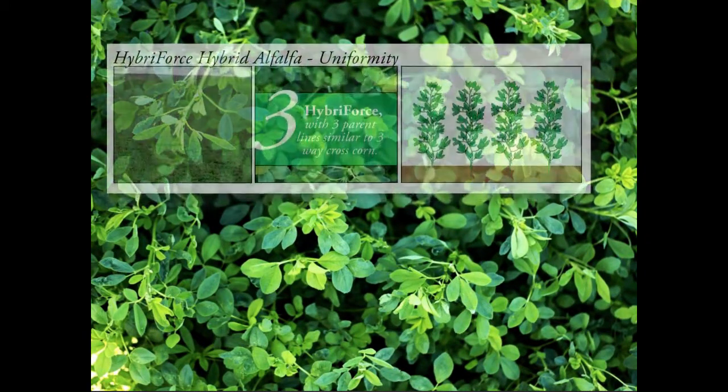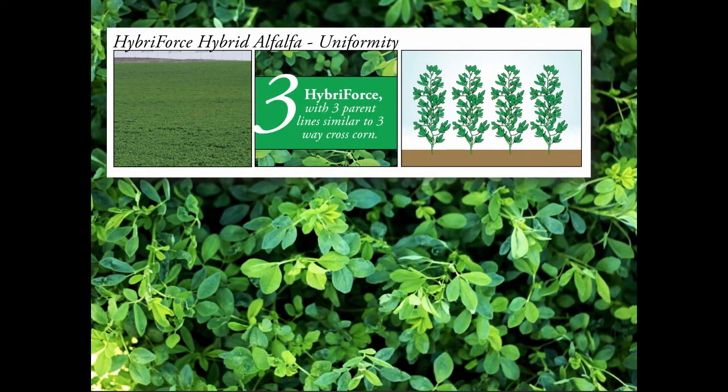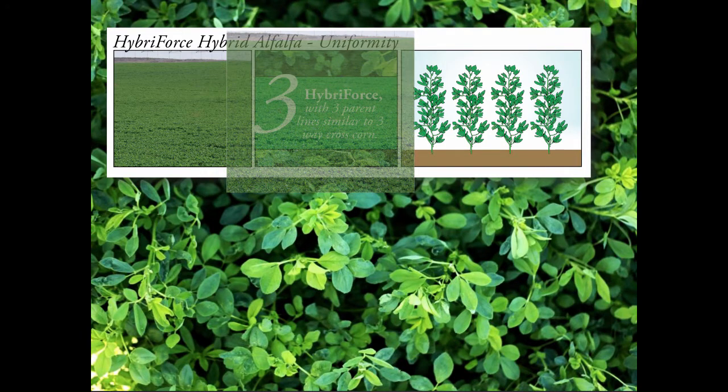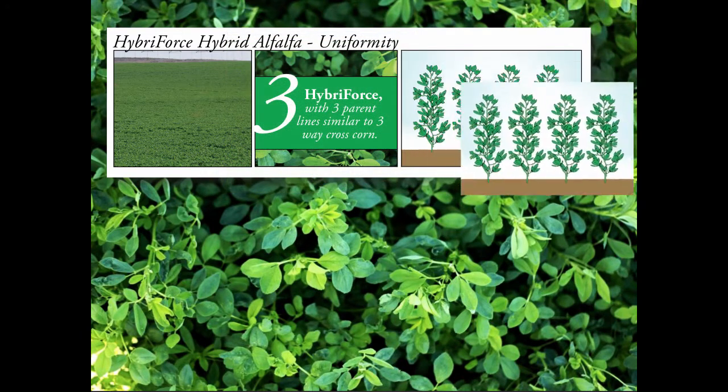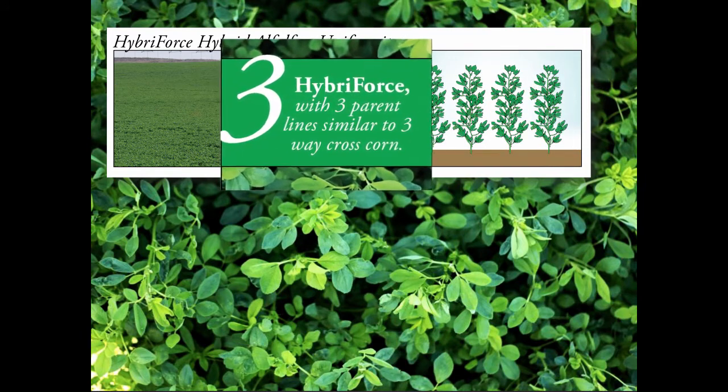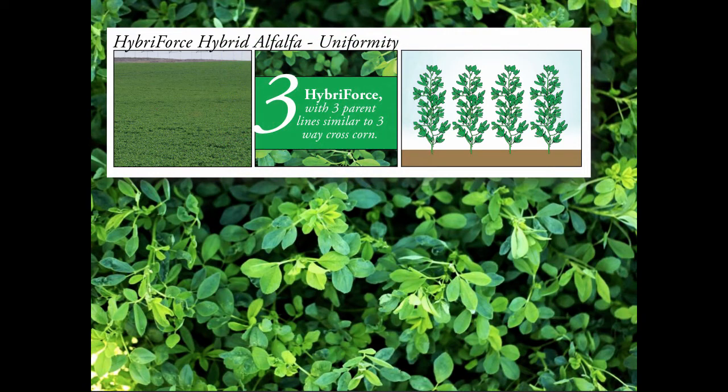I'd like to talk with you about genetic uniformity and its importance to alfalfa production. Think of your alfalfa field as a population of billions of individual plants. The billions of plants in a field of HybriForce hybrid alfalfa exhibit uniform growth and uniform response to the growing environment. HybriForce hybrids have only three parent lines, similar to three-way cross corn, and you know how uniform today's corn hybrids are. As a result, the vast majority of those billions of HybriForce plants are ready to swath at the